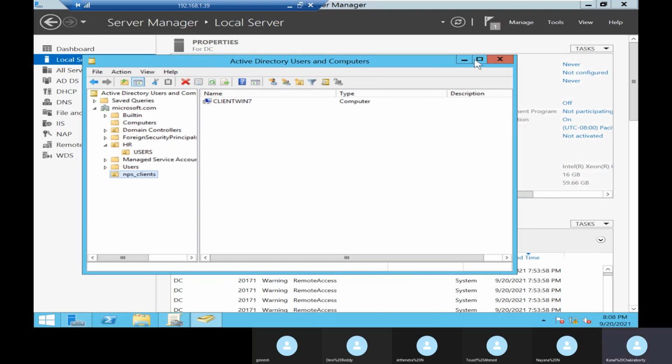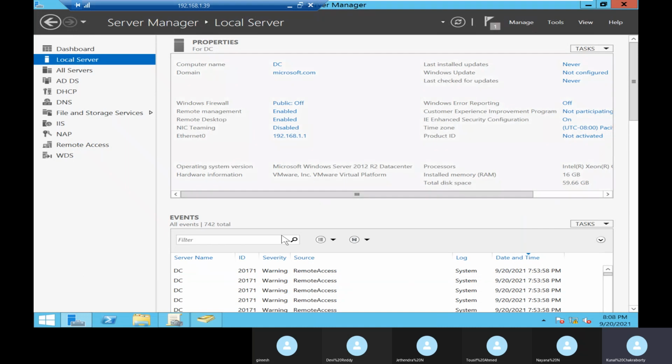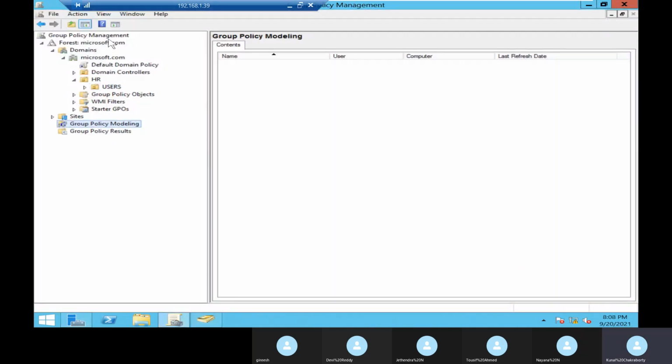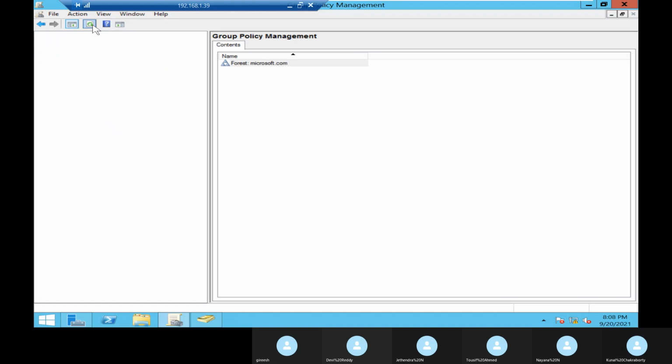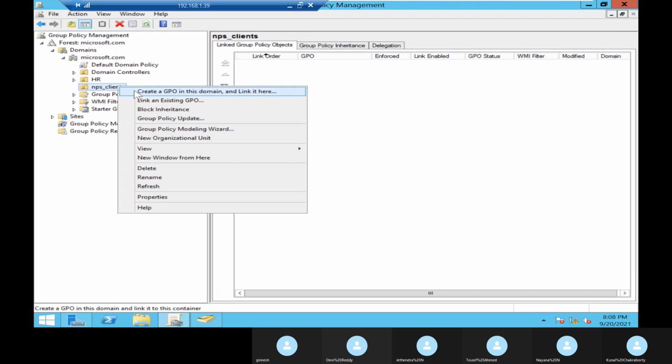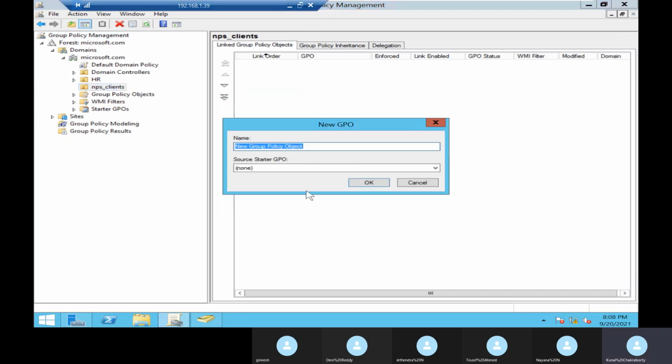So now we can implement our policies. Go here, give one refresh. So we have got our NPS Clients over here. Create one GPO, let's name it NPS Policy.